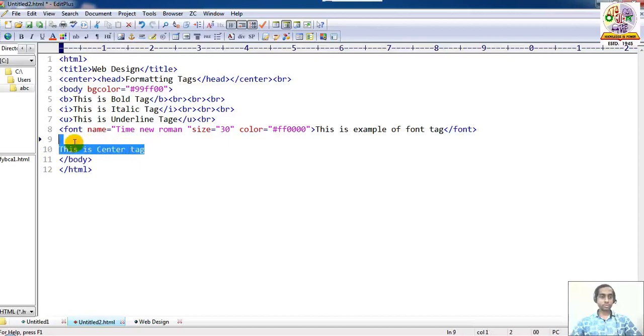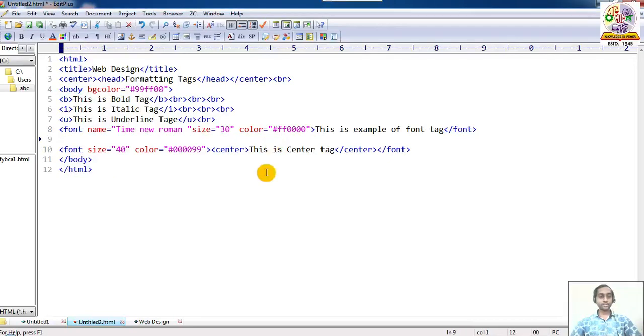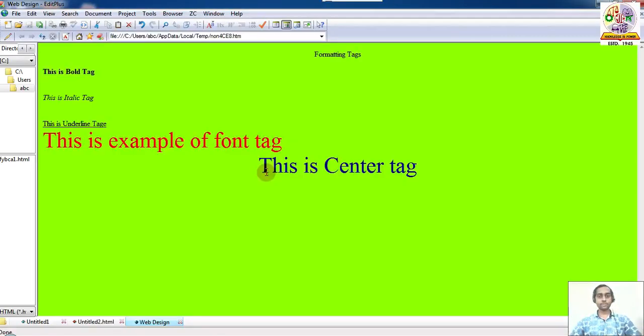You can choose the sentence, simply click, and also it can be converted or given a font. Font size is 40. We mention the color and execute it. This is our center tag. Also it formats the font tag, its size and color. This is a very good example of formatting tags.